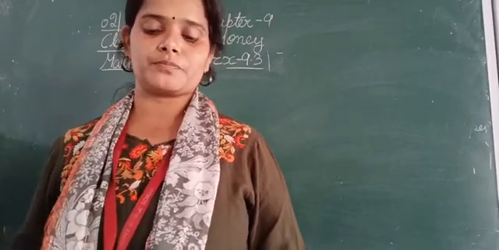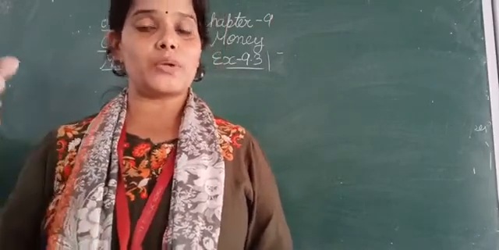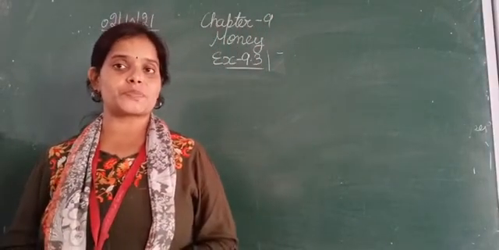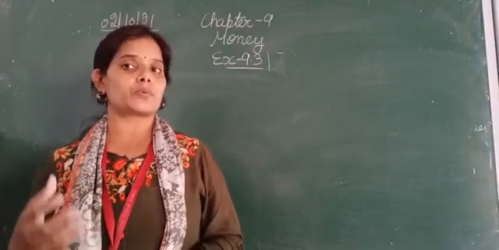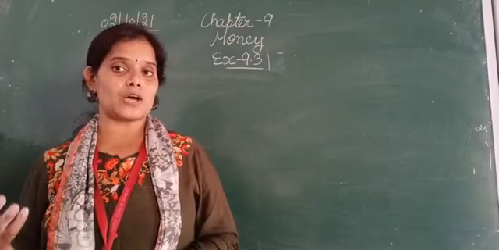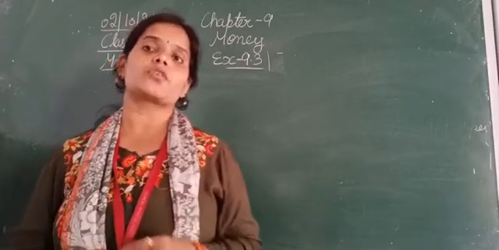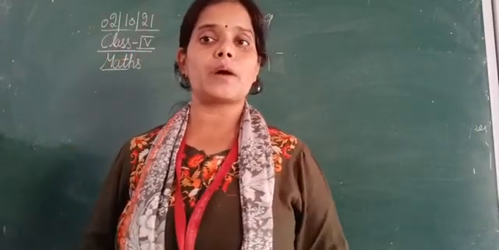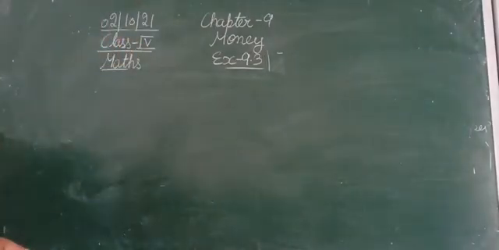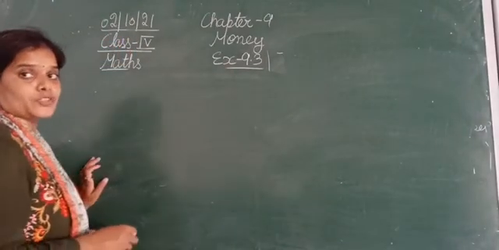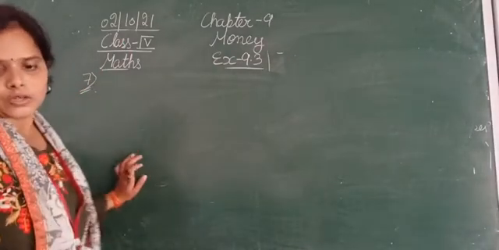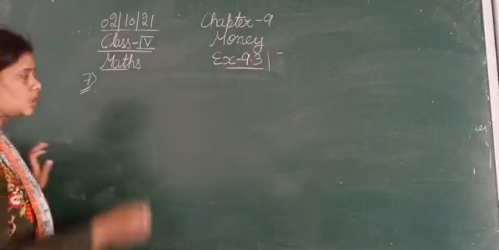So for that we need to calculate the total cost of all the items that she has purchased. Then we will subtract the 1000 rupees that she had with her from the amount of the bill, and we will get the amount that she needs more to pay her bill. So let's write down the items purchased by her, question number 7. She has bought 2 powder packs.